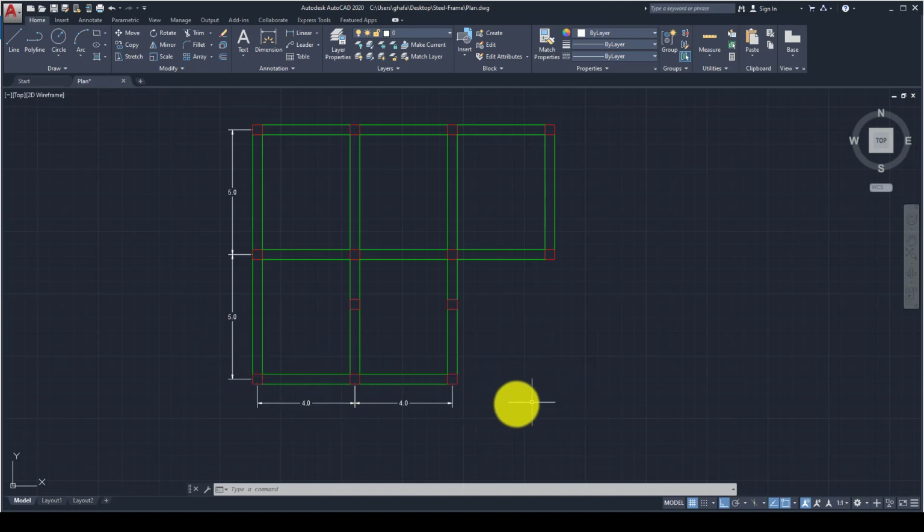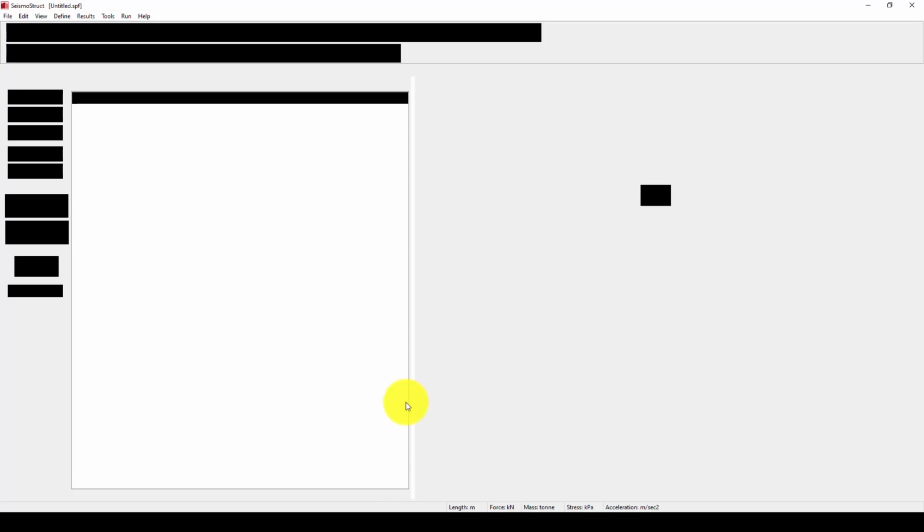Now let's suppose this is a very typical simple structure. It has 3 bays in X, 2 in Y, and 5 meters the length of the edge span, and this is 4 meters, and we have an opening here. So we use this DXF file or DWG file. I already saved this, and I'm going to jump to the